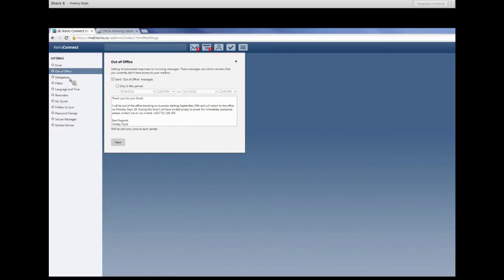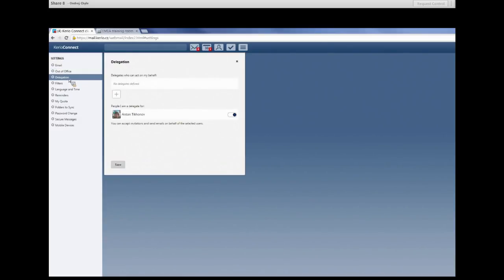Then there's also out of office, and the third one is delegation. Here I see that Anton has already delegated me access to his emails and to his calendar. So when I would like to create a delegation,